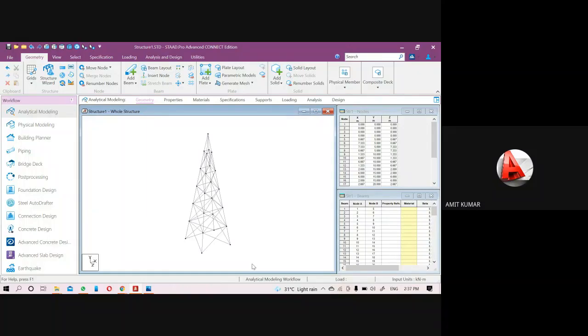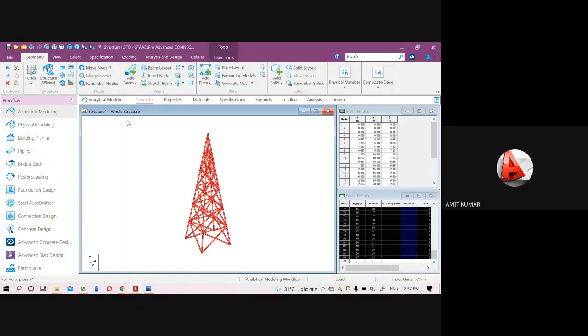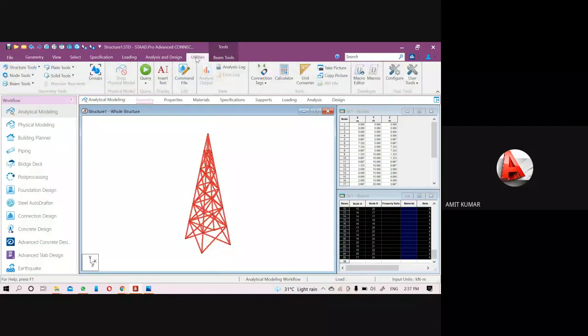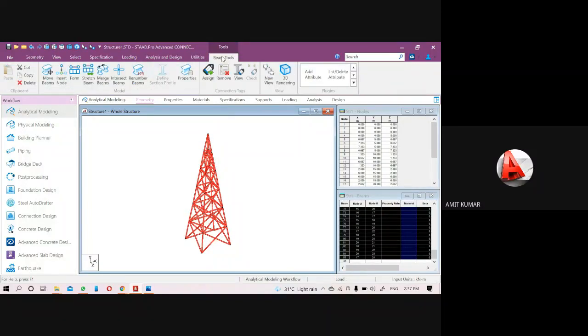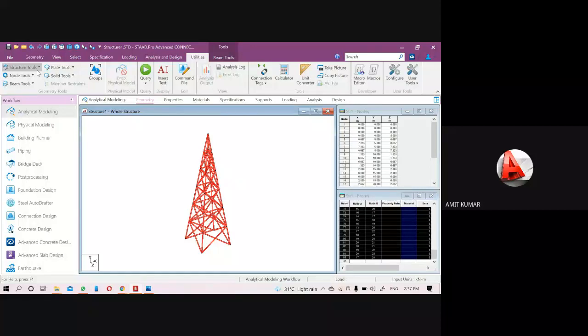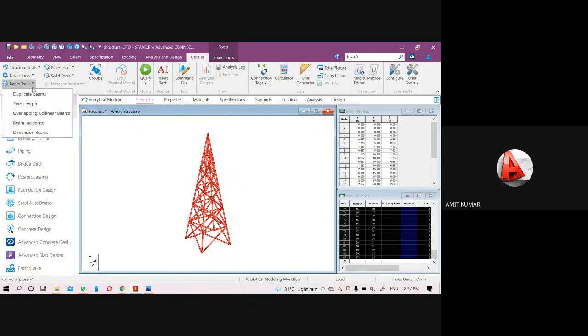To identify the 0 length member, you have to select the complete structure, then go to the Utilities menu. Under the Utilities menu, we have the option Node Tools and Beam Tools. Under the Beam Tools, if you want to check the orphan nodes or duplicate nodes, you can use the duplicate node method.